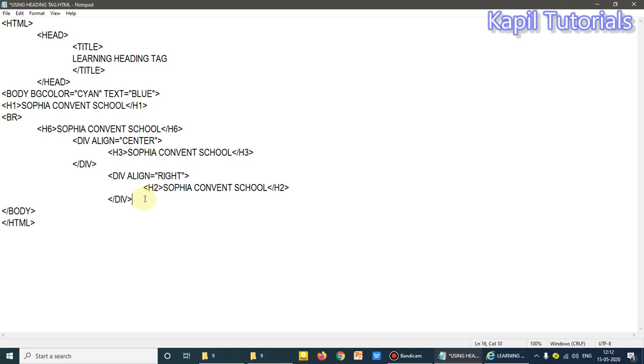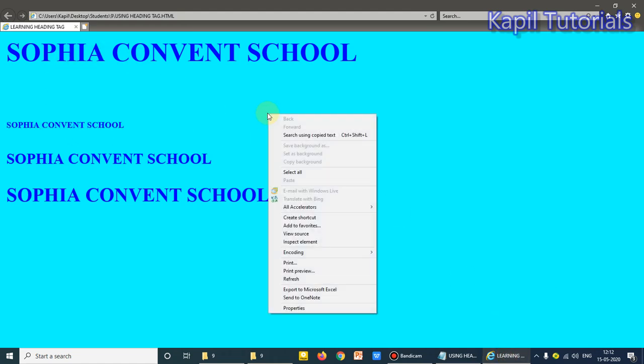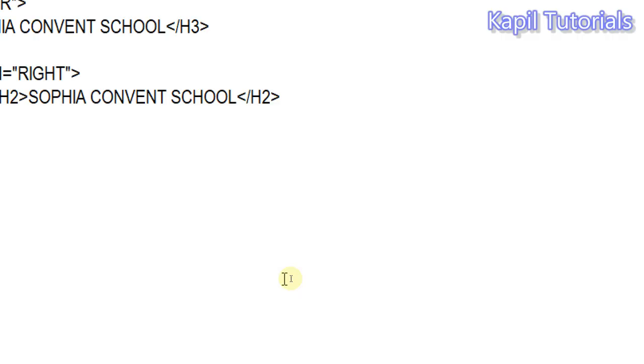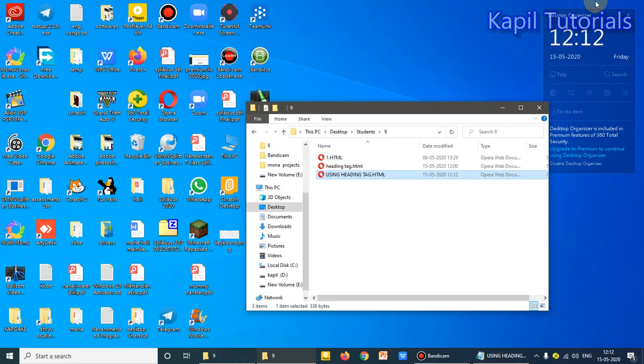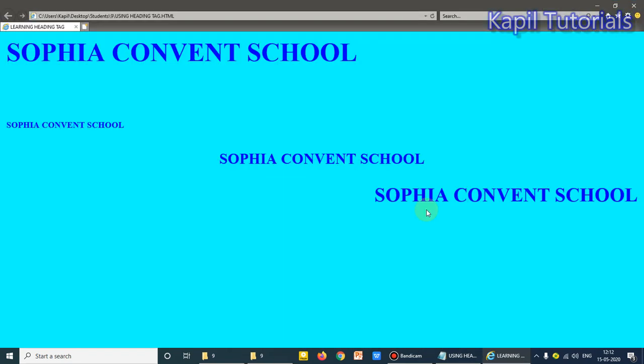So I hope this program has been clear to you. I'll show you the coding. Let's see whether it is working or not. Once I have saved, I have to just click on the save command, and after using the save command, at the bottom I can click on the browser. I have not closed it, and then I can reload it. Refresh means refresh. So I'll show you. Wait. By mistake it has been closed. I'll open it again. Now just see